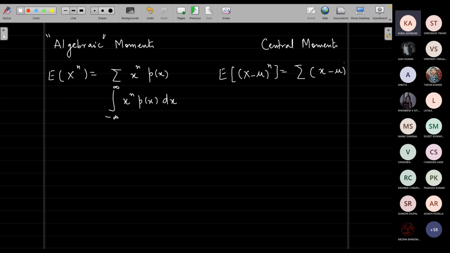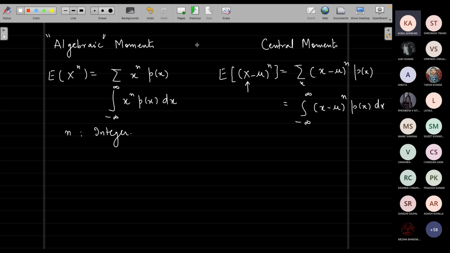The central moments are defined as the expectation of (X minus mu) to the power n. Please look at where I am writing the capital letter and where I am writing the small one. Whenever I put something within the expectation value, I always use the capital X, to show that I'm talking about the expectation value of a random variable. Whereas on the right hand side, I'm doing the actual calculation, so there the small values come: minus infinity to infinity, (x minus mu) raised to power n, p(x) dx, where n of course is any integer.